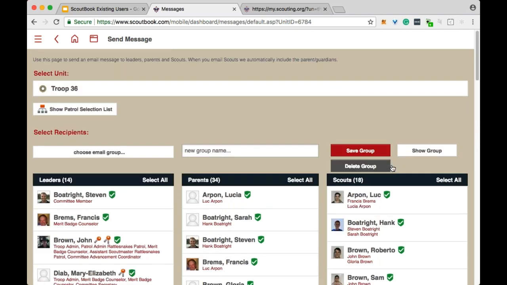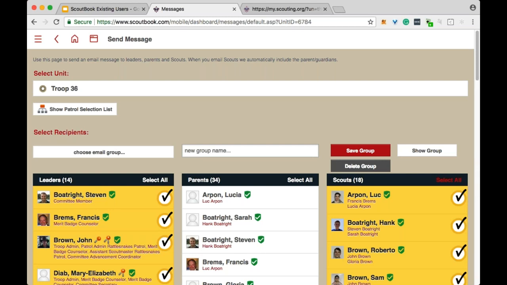I must stress that Scoutbook.com is 100% YPT compliant. But I have an upcoming camp out, and I want to make sure everyone gets this information. Well, I have 28 registered scouts, but only 18 are showing up here because it's only showing me the 18 that have connected their account. So I definitely need to send it to all the leaders, and I want to send it to all the scouts. But for the scouts that aren't there, since I've connected all of their parents,